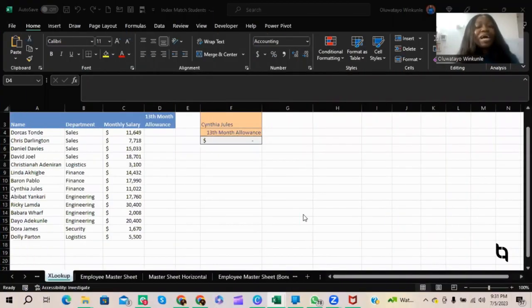First, we'll look at how XLOOKUP can help us resolve the #N/A errors in Microsoft Excel. That is, as against you trying to nest IFERROR with VLOOKUP or IFERROR with any other thing. That is, you want to tell Excel if whatsoever the output of this formula I'm writing will result in an error, that is, maybe it is not available in the entire data set, as against writing #N/A,